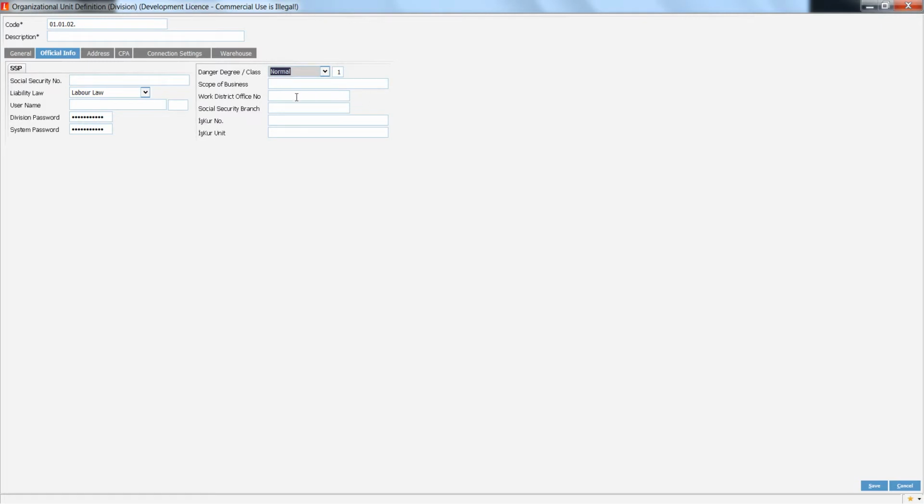Again, we have an option, that is the work district office number. It is the office number of the district office of the company. It is used for printing official forms and declarations for employment and several transactions. Again, the social security branch number indicates the branch of the social security organization to which the company or division is associated. Finally, the division address info contains address,